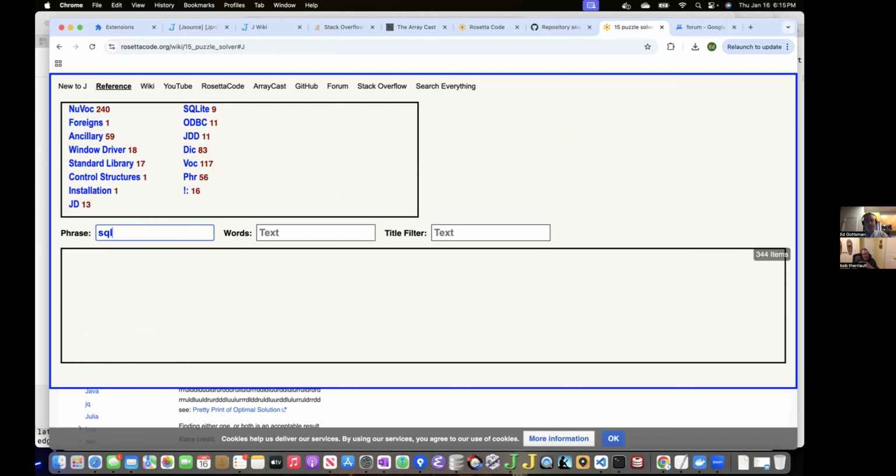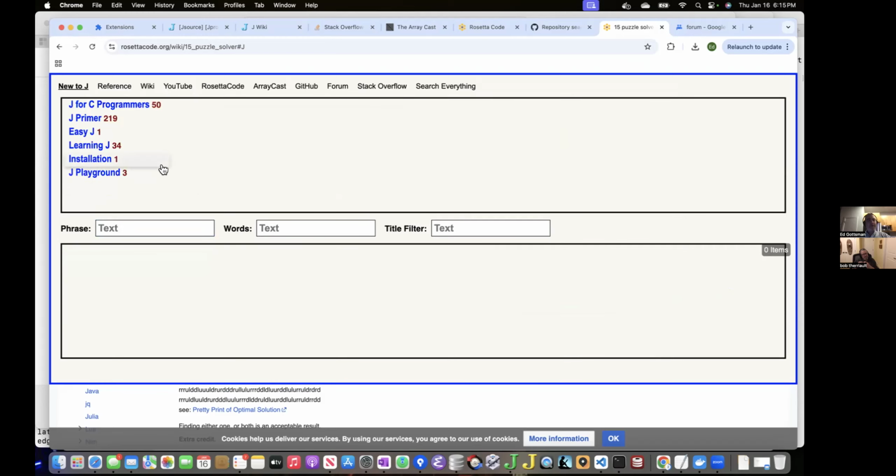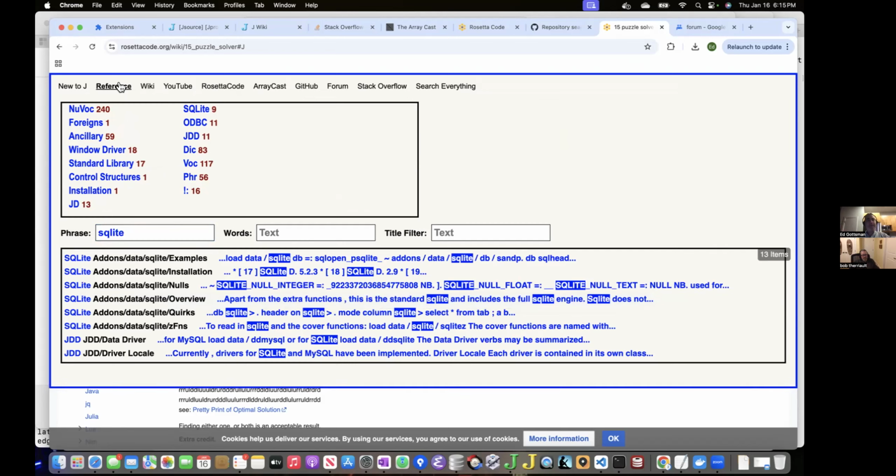So if you do a search for something, you're going to get not just general community contributions, but contributions that have been vetted by the powers that be, somebody that you trust. And then there's a new to J section, which is the same sort of thing. The guarantee here is that anything you search for is going to be designed for newcomers, people who are trying to learn the language. So you're not going to get anything that you feel like is impossible to comprehend.